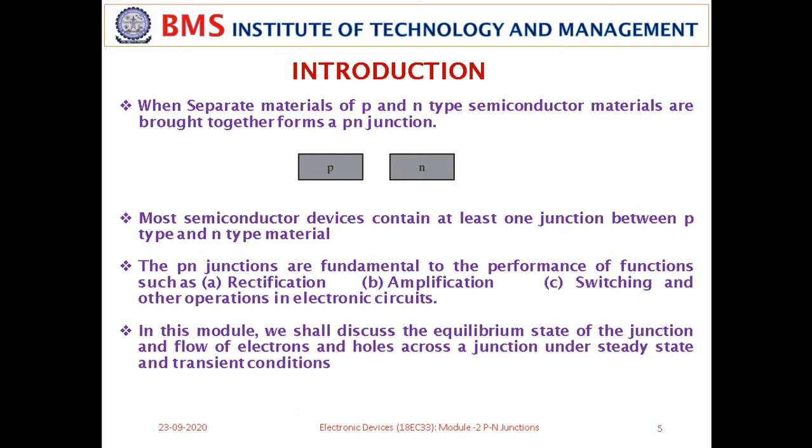Any answers? What happens if I club these two semiconductor materials? You assume that there are two distinct materials, one is P type and another one is N type. What happens if I club this? Will it form a PN junction? No, sir. What may be the problem we encounter when we bring two PN junctions close together?